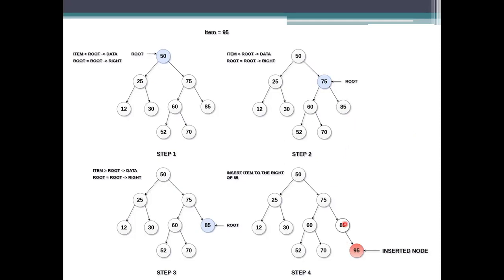So this is the parent node, and now this is the leaf node. You need to add to this one. Whether it is for the left side or the right side, we need to see. It is greater than this value, so go for the right side of this one. So the inserted item will be at the right side of this present element, that is the parent element,